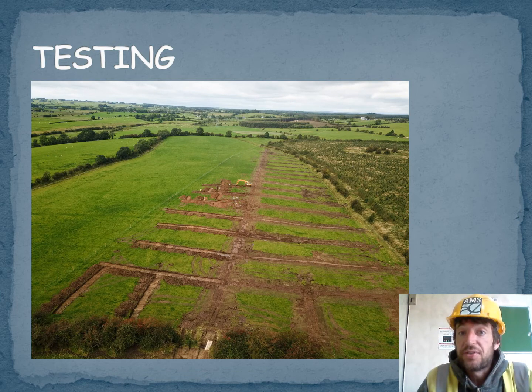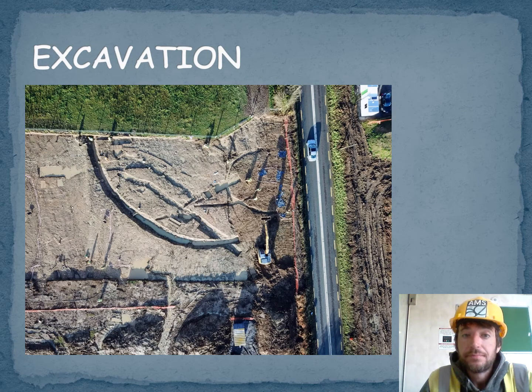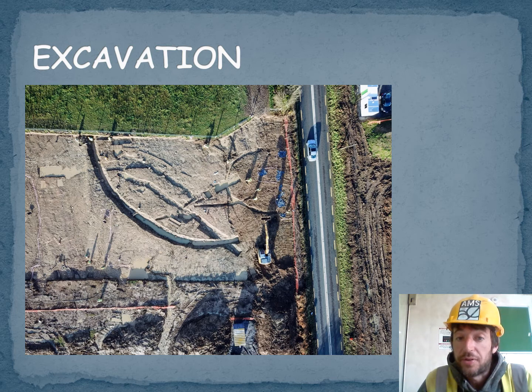Here is one of the center lines of the test trenches that are done by the digger. We follow the digger along as he digs the trench looking for archaeology. This is an example of one of the sites being excavated. All these ditches and lines in the ground have been dug by hand, using a shovel and a wheelbarrow to take away the spoil. The road you see is the road from Boyle to Tulsk.